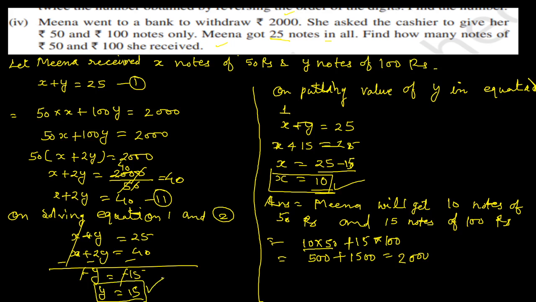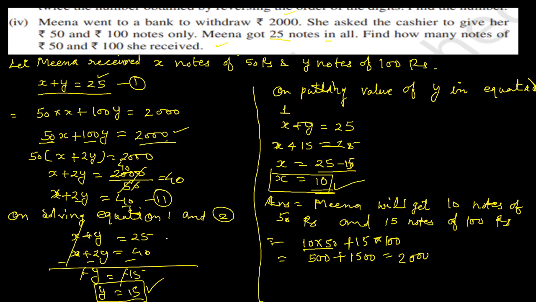सबसे पहला काम है इक्वेशन को फ्रेम करना. तो हमने फर्स्ट हमको दिया है कि टोटल उसके पास 25 नोट्स हैं, तो x प्लस वाई इज इक्वल टू 25. सिमिलरली अब क्या बोल रहा है कि 50 रुपीज़ और 100 रुपीज़ के नोट्स का सम जो है वो 2000. टोटल मनी उसके पास 2000 है. लेट x नोट्स ऑफ 50 रुपीज़ एंड y नोट्स ऑफ 100 रुपीज़, ही इज गेटिंग 2000 रुपीज़. So 50 into x plus 100 into y is equal to 2000. सॉल्व करेंगे इसको आप, 50 कॉमन ले लेंगे. इक्वेशन क्या मिलेगा आपको, x plus 2y is equal to 40.